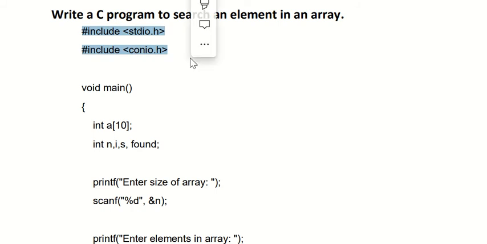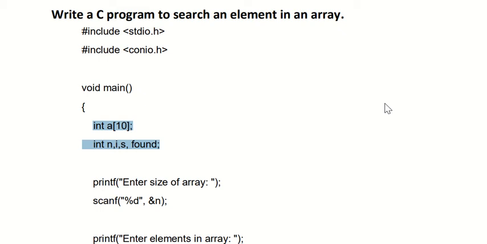#include <stdio.h> and #include <conio.h>, those are the two header files we are using for this program. Then void main function and some variable declarations. Here we require an array variable, so for that a[10]. Then we require one for loop variable, so for that i. Then initially we are going to ask the user how many numbers they want to enter. For that we will require one variable n.